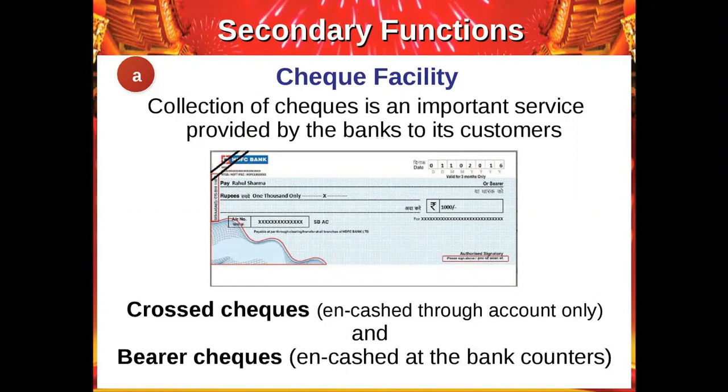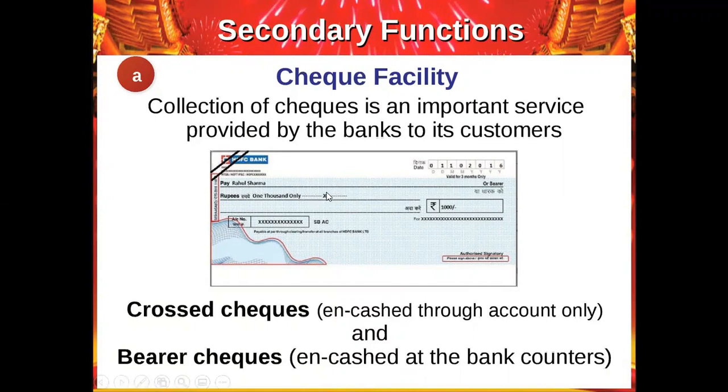The date should be there, and it should be signed properly. There shouldn't be overwriting or cutting. If you yourself are writing a check, you need to be very clear. Here's the payee name, the beneficiary's name, on whose name you will issue the check. Here, pay Rahul Sharma, then the amount. Whenever you write the amount and there's a space, you should always put a dash like this and across, so that only 1 lakh only, or 5 lakhs only has to be written, and then just draw this kind of line the way you can see here on the check.